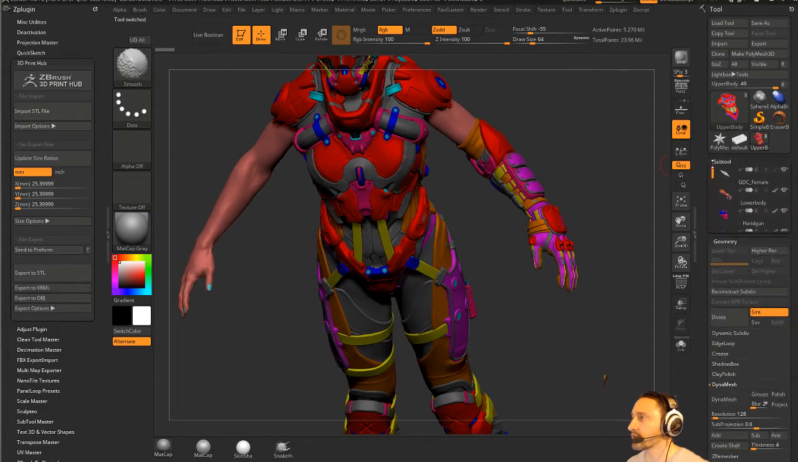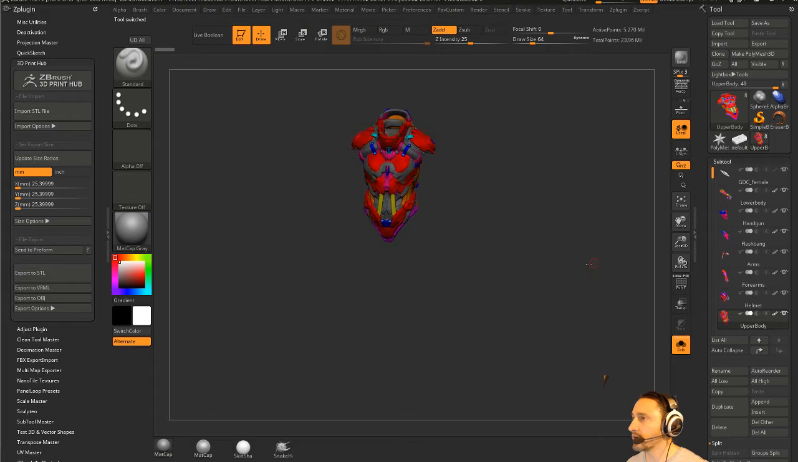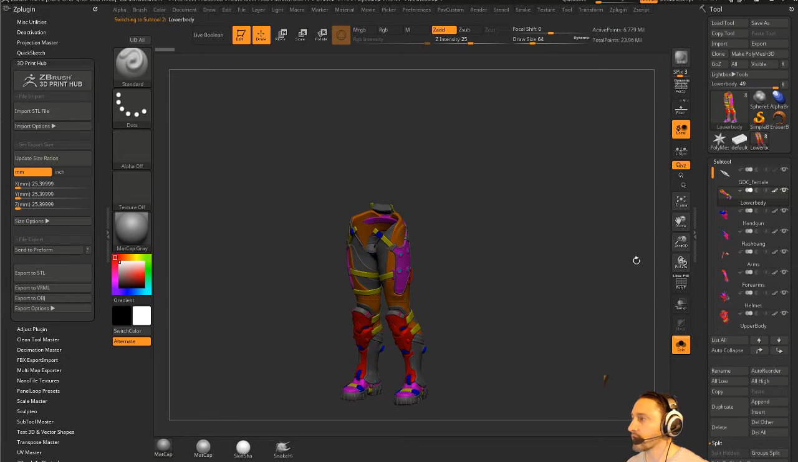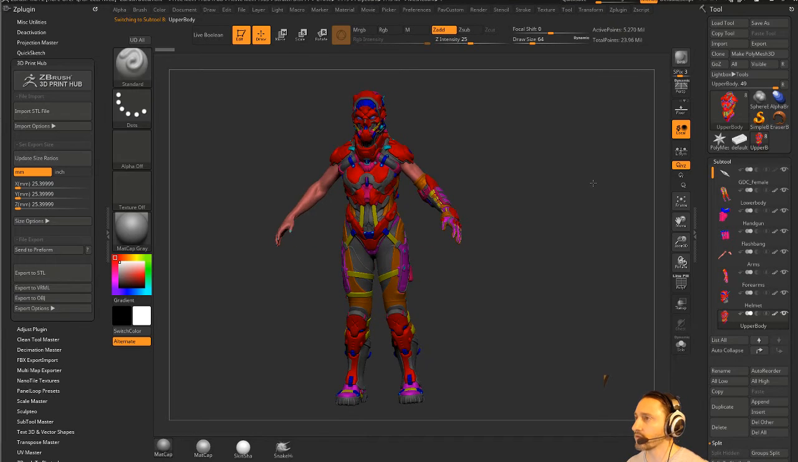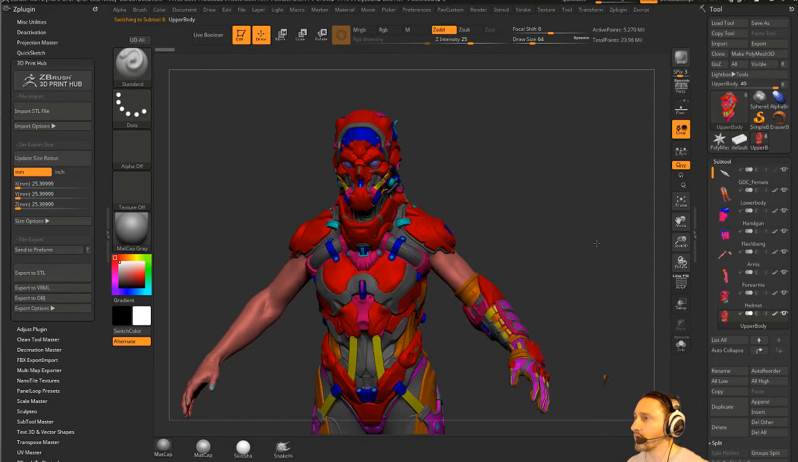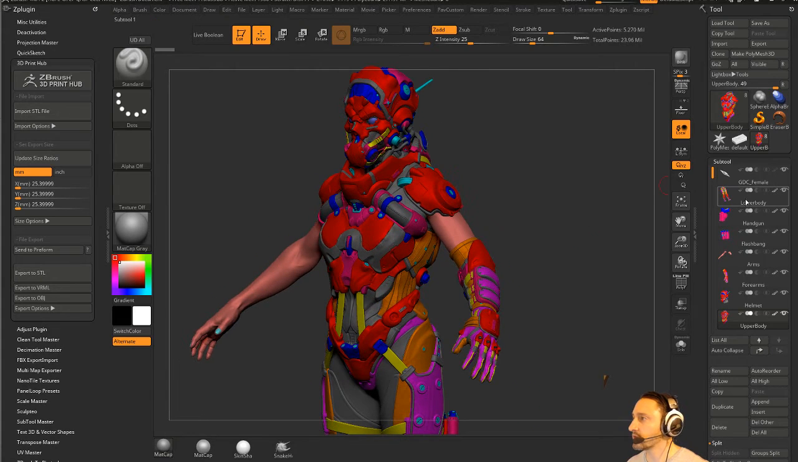This one's actually split up into the different groups here. So if I go to solo mode here, you're going to see I have the lower body, handgun, flashbang, arms, forearms, helmet, upper body. This isn't really how I work. I work with just a ton of subtools over here. But if you wanted to UV these all as one single mesh, what you could do is